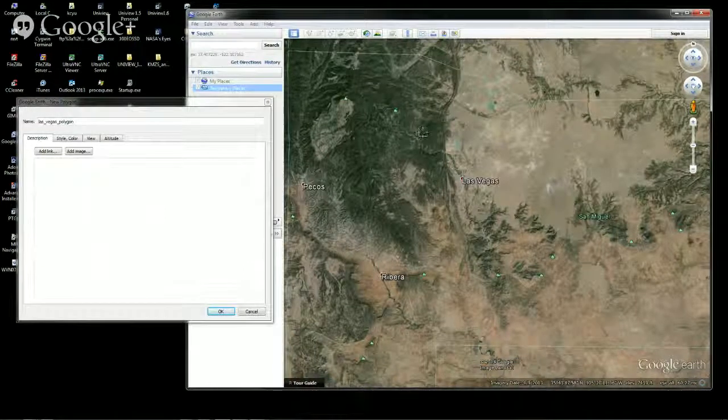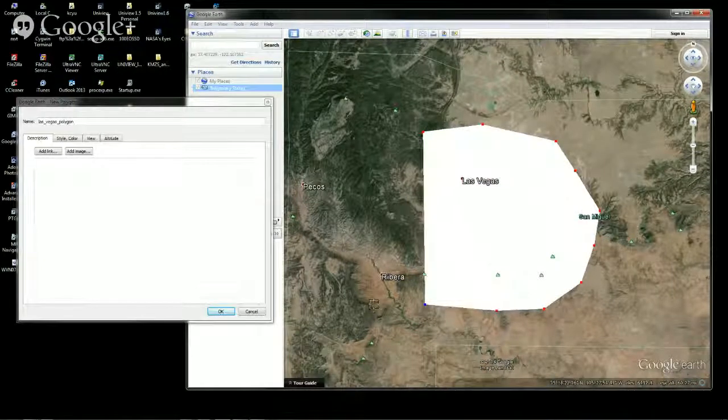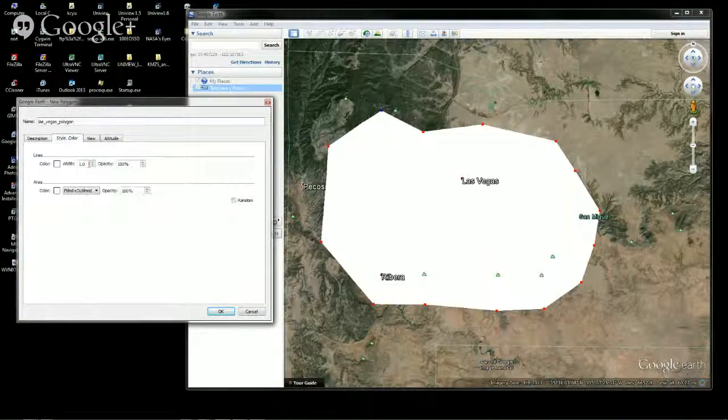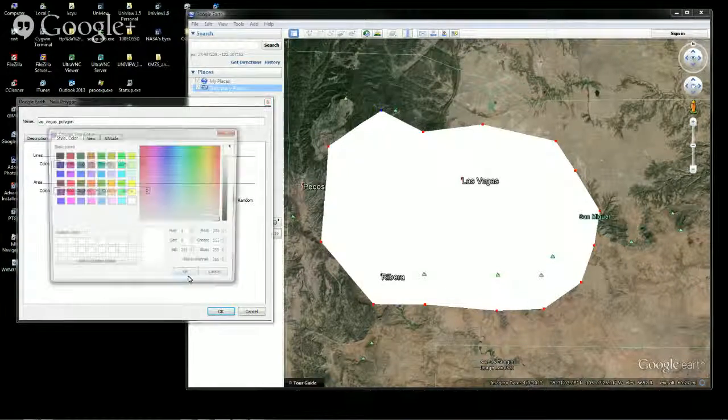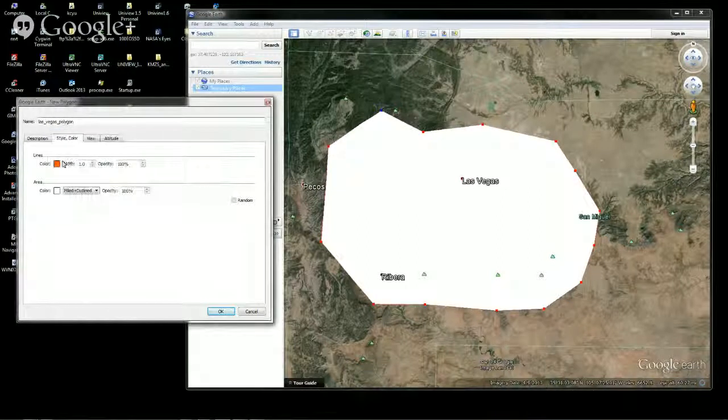with a gigantic polygon, and this is pretty arbitrary, so every time I click on this, you can see that I add another vertex to the polygon, and if I'm happy with this, I can close this. I can, of course, change the line and area color. So if I wanted the line color to be, let's say, red, and I also wanted the line thickness to